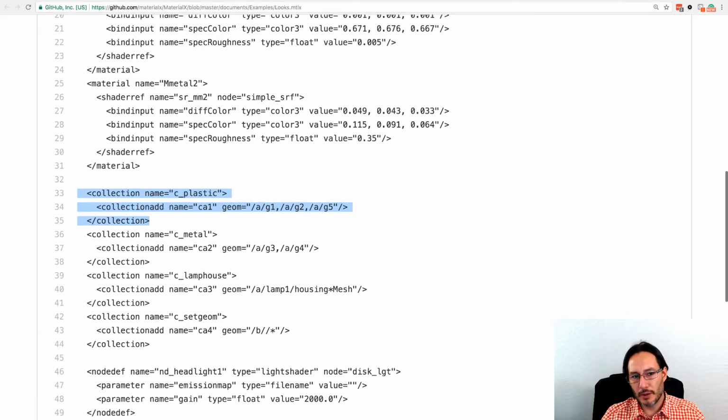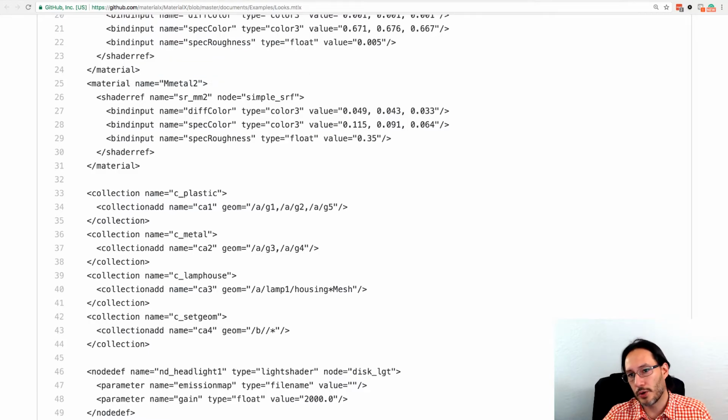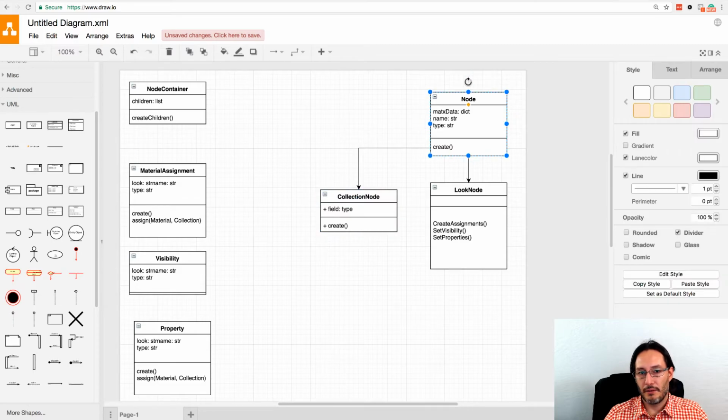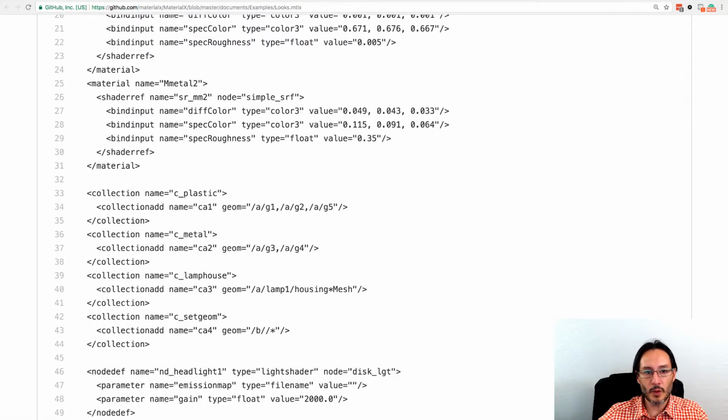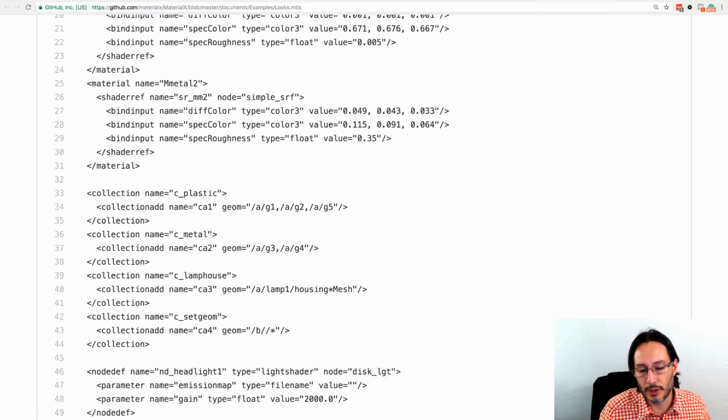Let's see, a material, like we said, every time we see a material, which is going to be a node, is going to be one of these at least. Every time we see a material, we need to go ahead and write its shaders, because the shaders are what's going to be used inside of Blender, right? There's no concept of a material as far as I know. And then there's always a shader, a collection of shaders.